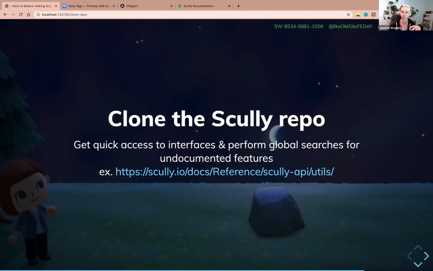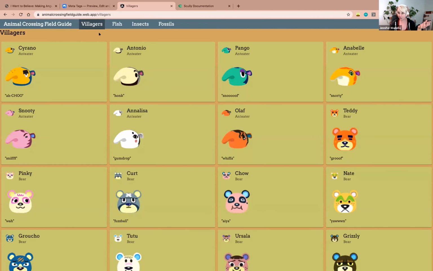One of the other things you can do is take advantage of incremental rendering. When you do npm run scully, it is going to look at that list of routes and render everything it can find. If we look at my example application, this is 391 villagers, and it's going to load up each one of those routes in Puppeteer. It's going to crawl, slap that in a file, and move on to the next one. So you could be loading like 600 pages, and this is just a goofy little side app, right? This is not something actually trying to sell anything. And that's a lot of routes and a lot of time to create.